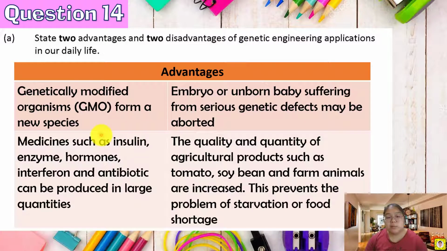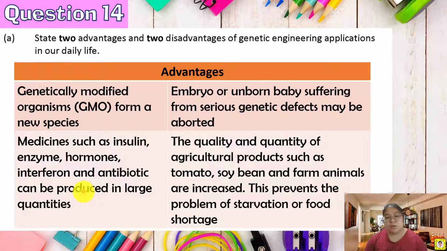Okay, new species normally is a better one. Okay, the second one you say about the medicine such as the insulin, enzyme, the hormone, the interferon, and also the antibiotic can be produced in a large quantities. So normally now the person, when you just sick, you can find the doctor, then the doctor will give you antibiotics. So if you give you antibiotic, they will recover faster. So this one is another of the